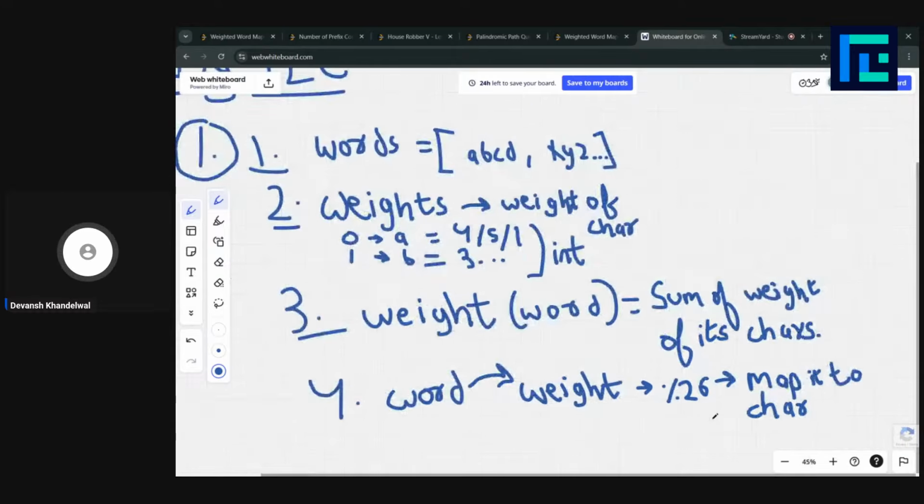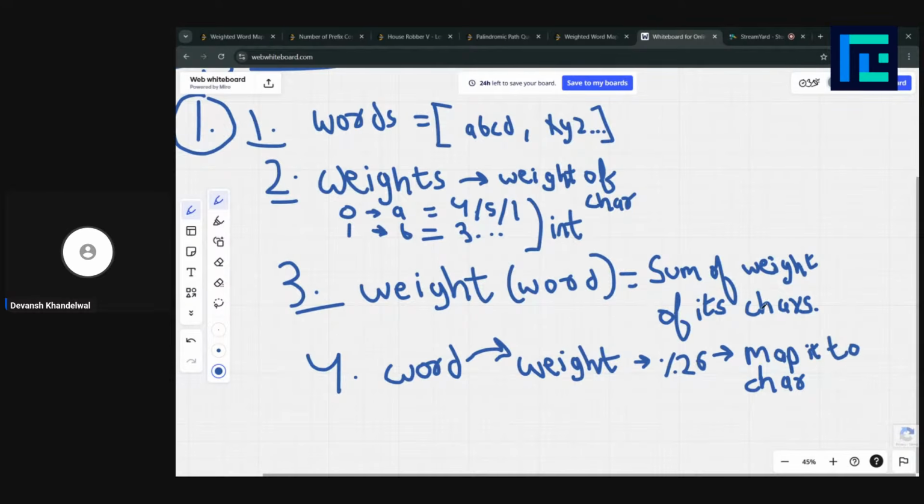So basically, here we are actually given what to do with this words array, and this is our question too, right? For each word or each string in the words array, this will map to a character, and then we print the characters in sequence.